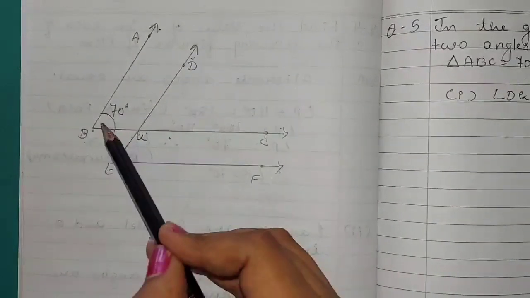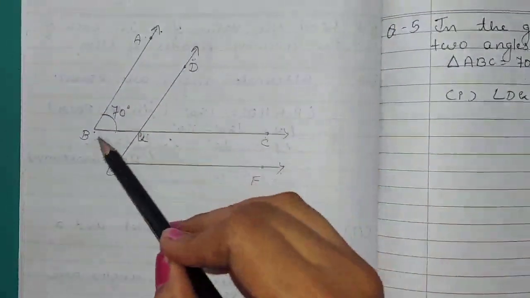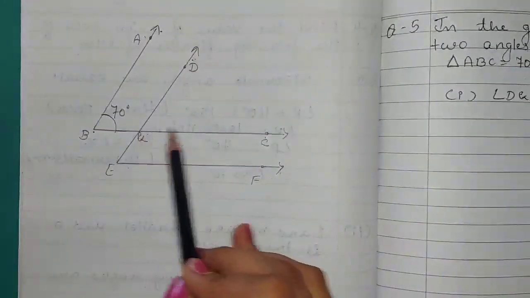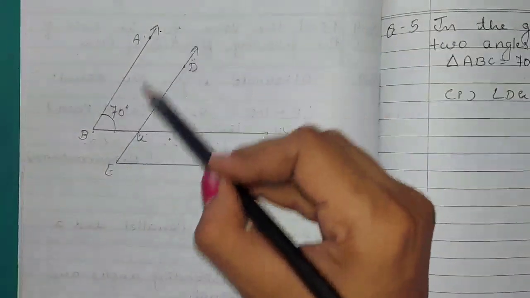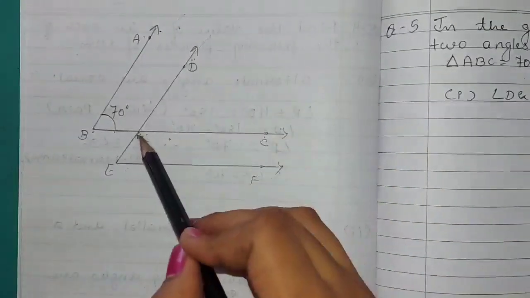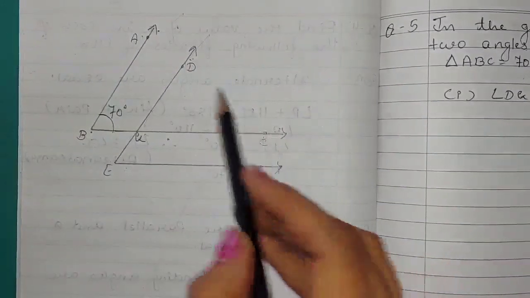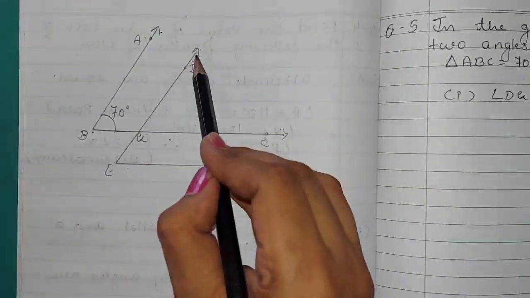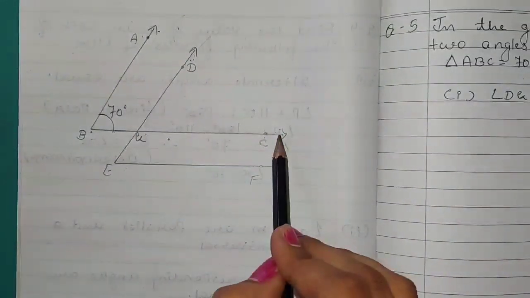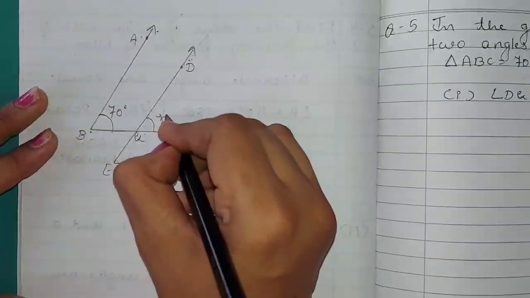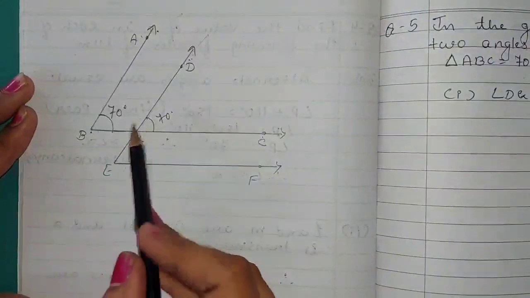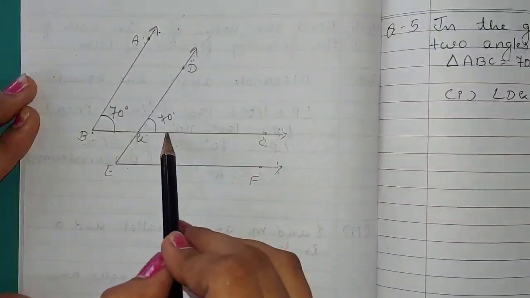So here you can observe that angle ABC and angle DGC are equal. Why are they equal? Because of corresponding angles. You can see these are forming because of the corresponding angles, and here AB and DE are parallel and BC is a transversal. So what would be the angle DGC? 70 degrees. Why 70 degrees? Because of the corresponding angles, here an F is forming.